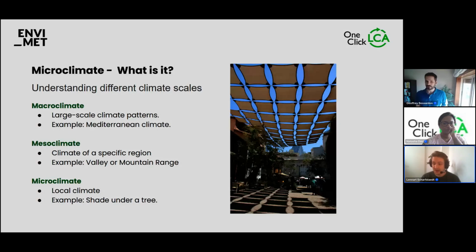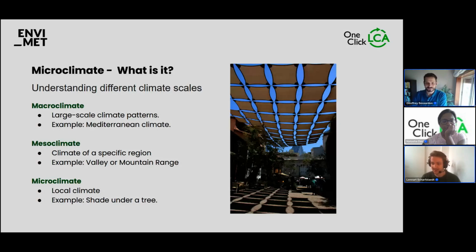And when we talk about microclimate, we look at the very local scale. So, for example, the climate under a tree, the climate under a shading element, or the climate next to a building. This is what we are looking at when we talk about microclimate. The direct impact of the climate onto humans is also a very important aspect that we can visualize with a microclimate simulation tool. Now Geoffrey is going to talk us through why that is important, what that has to do with our cities, and we will have a little dive into the urban